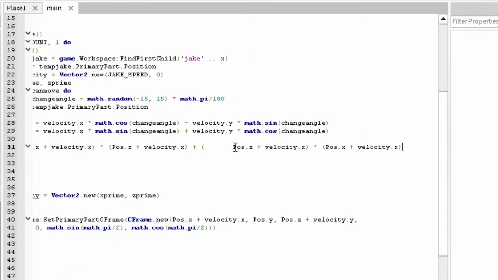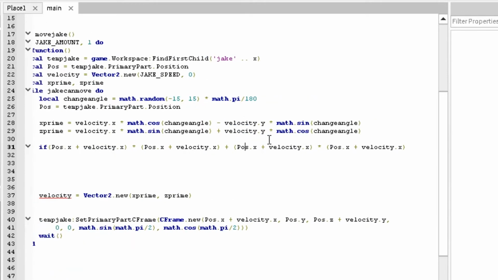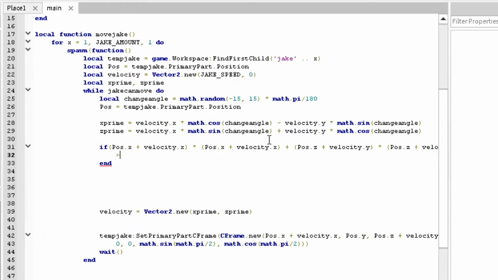And then we're gonna, instead of having x, we're gonna do y. So we're gonna do, oh my bad, z actually. See, this is where it gets kind of confusing because velocity is 2-dimensional but position is 3-dimensional. So we're gonna have velocity.y and position.z. Okay, now what we're gonna do is we're gonna say if that is greater than